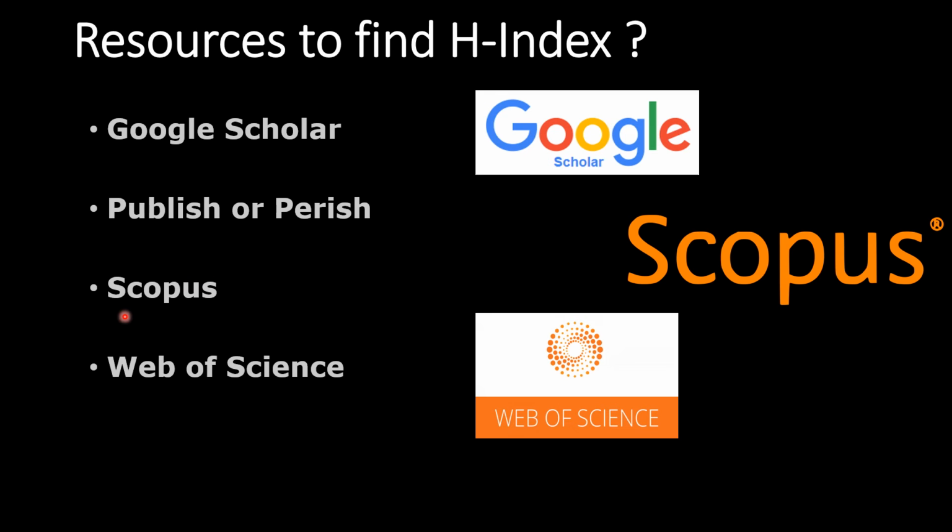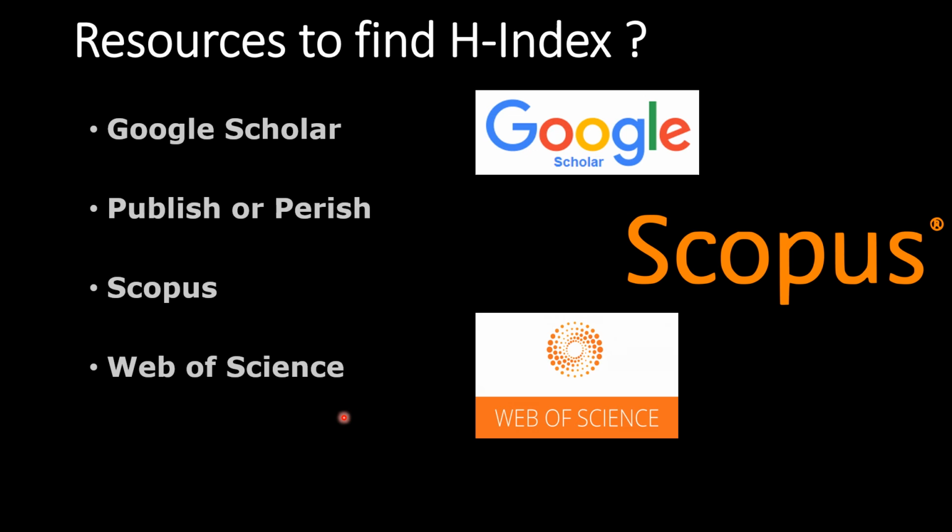Then the next one is Scopus. It provides a citation tracker feature for generation of a citation overview chart to generate the H-index for publications and citations since the 1970s. The feature also allows for removal of self-citations from the overall citation count. So this one is the best one.